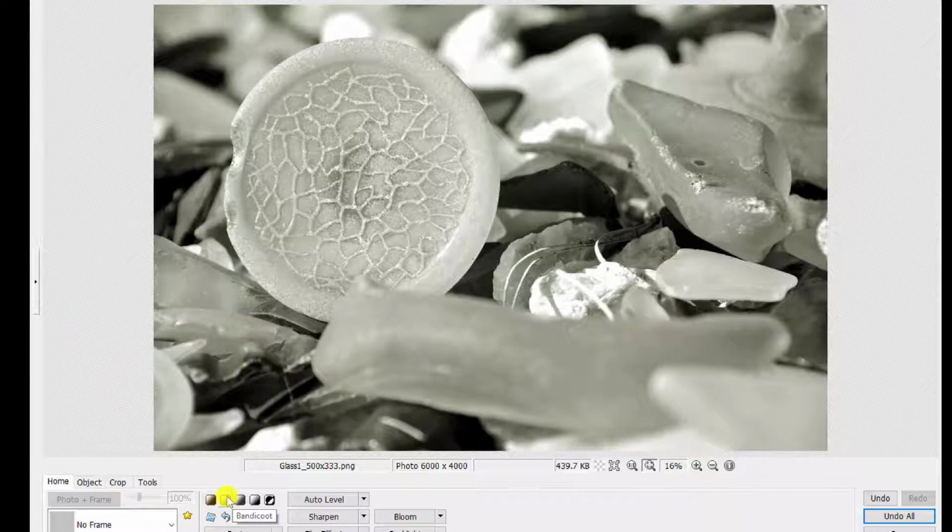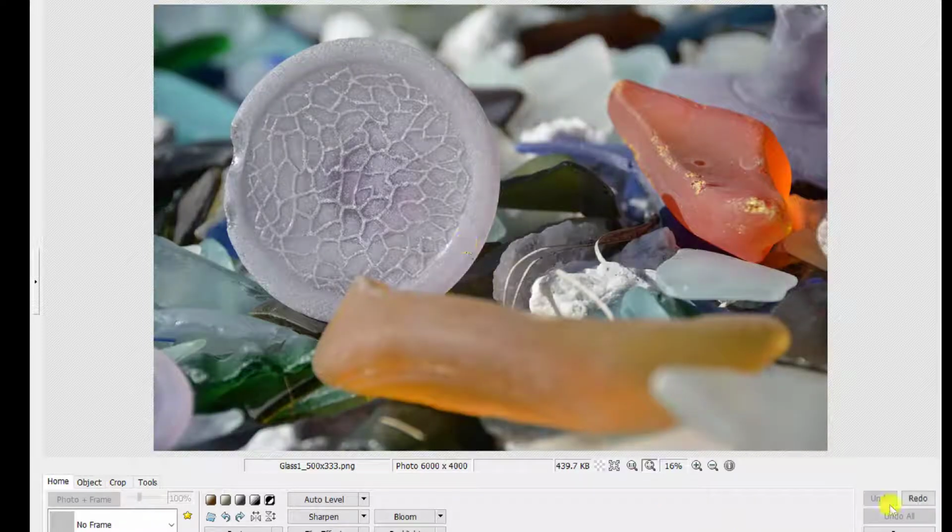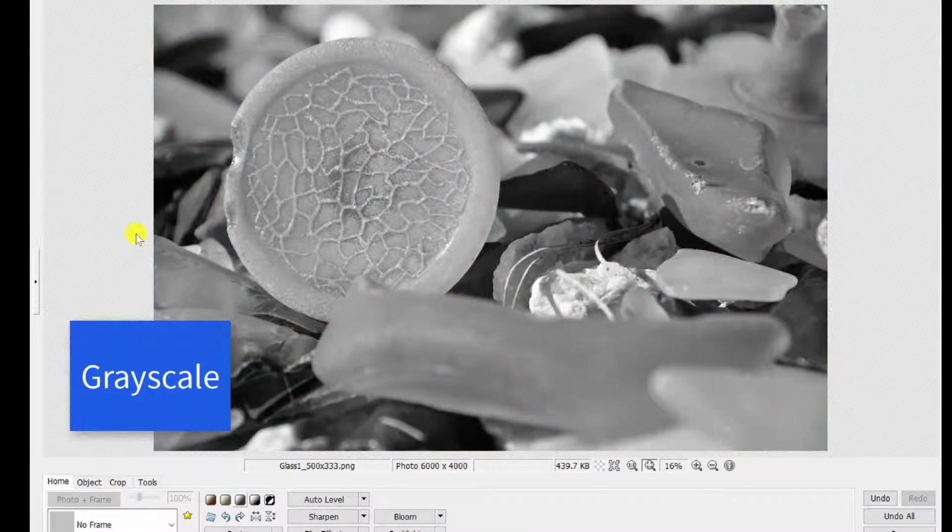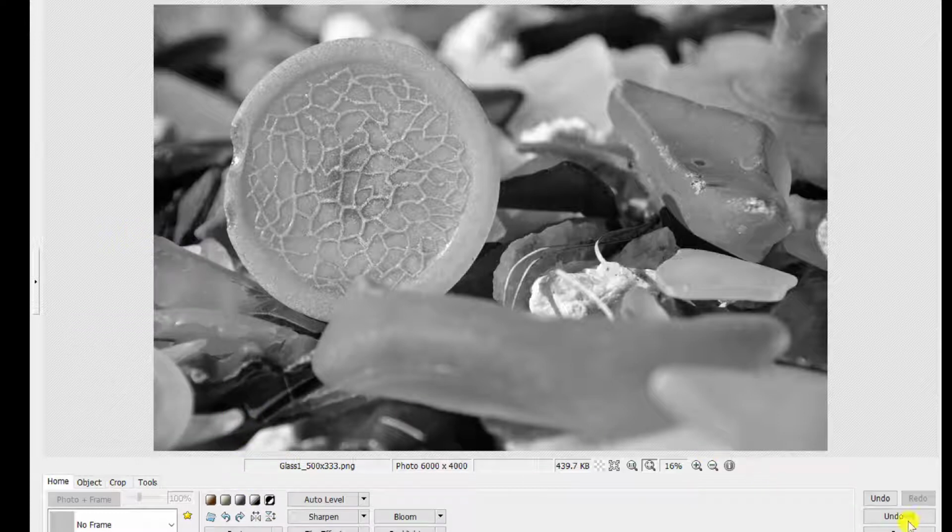Definitely gives you a warmer tone. And I'm going to undo all here because sometimes I think if you add these on top of on top of on top, you are not getting the true color. So I'm going to go to grayscale. And again, grayscale is different, but it's definitely pulling out all your grays in the colors, more your lights and your darks. I'm going to undo all, and I'm going to come in here and go to true black and